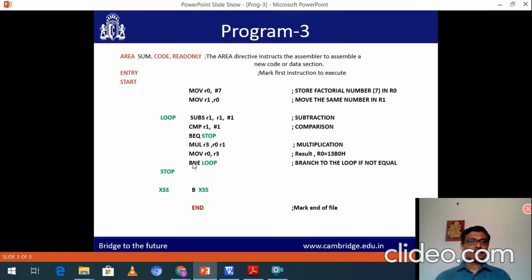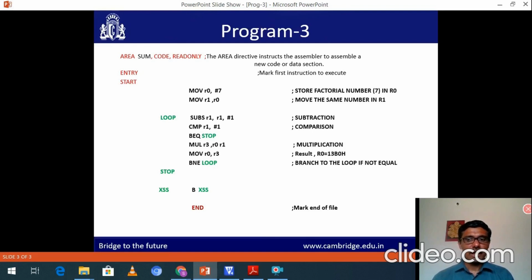In such a case, the branch condition is not true, and program execution goes to the next instruction. In case the zero flag is 0 after execution of CMP, that means R1 is not equal to 1.